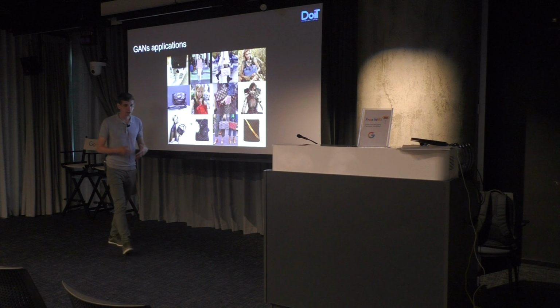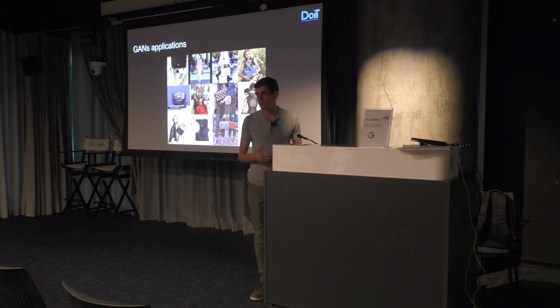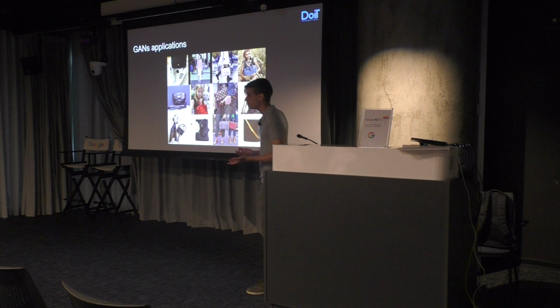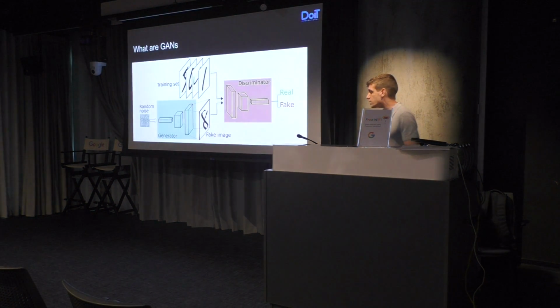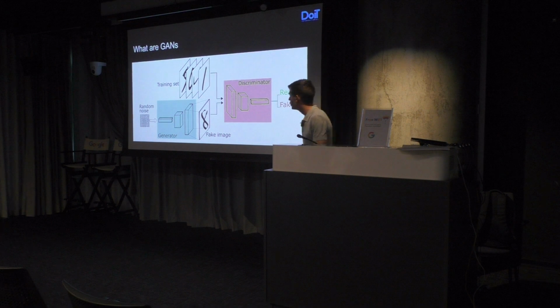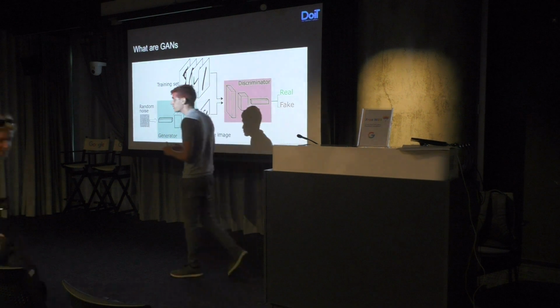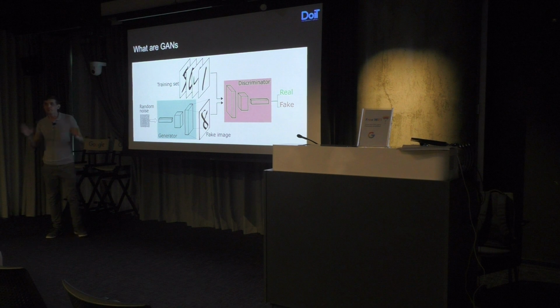Most of the applications that I've seen were relevant to computer vision, although you can basically generate any kind of probability distribution if you know what you're doing. So I've been talking about GANs, but what are GANs? I'm going to present the vanilla GAN, and there are some complications to the vanilla form that we can mention later. But this is the vanilla GAN that was presented in 2014.